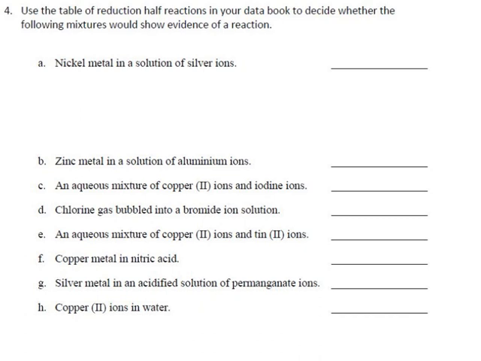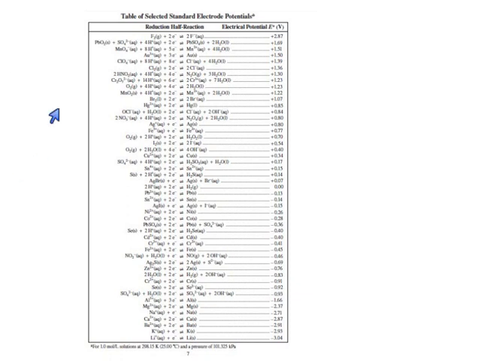Okay, so one of the essential skills in this unit is predicting chemical reactions, which means we can give you a list of chemicals and say, if we just put all this stuff in a bowl and gave it a stir, would anything happen? If so, what? And we answer those questions using this table, which you should have in your data book,